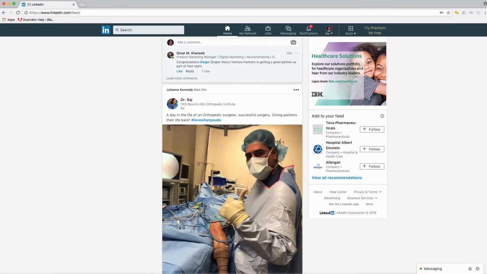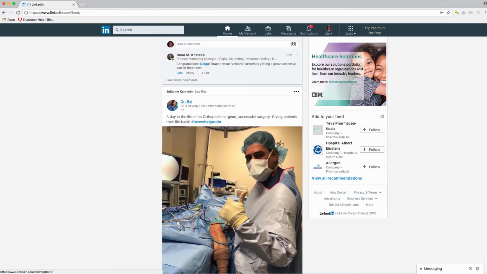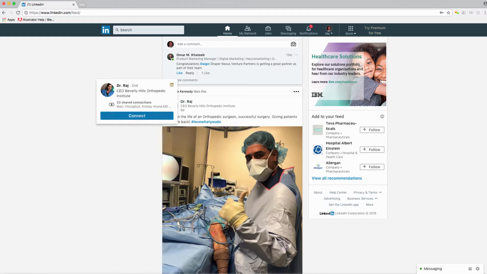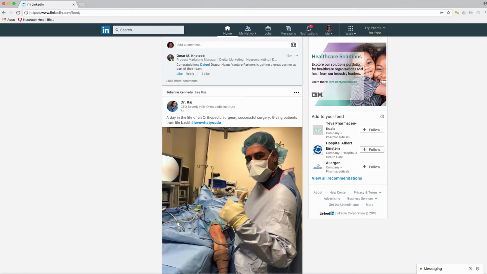Now there's one other way. Let's say that we're scrolling through and we see an article or something that's like, wow, that's really interesting. Whenever you mouse over someone's name, they pop up right here and you've got a connect button. So I just hit invite. Now you notice it didn't give me the option to send a note. On some of these, it doesn't do that. So that's 3 ways you can connect: by searching, by uploading your contacts, and by clicking on or just hovering over anyone's post that you happen to see.